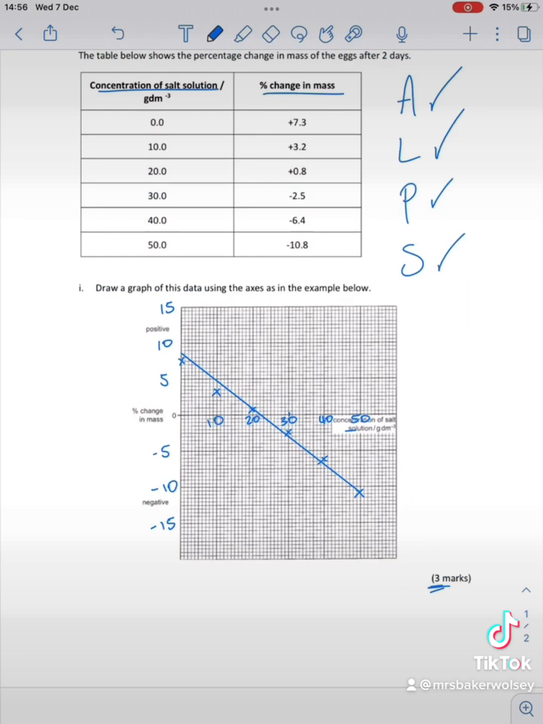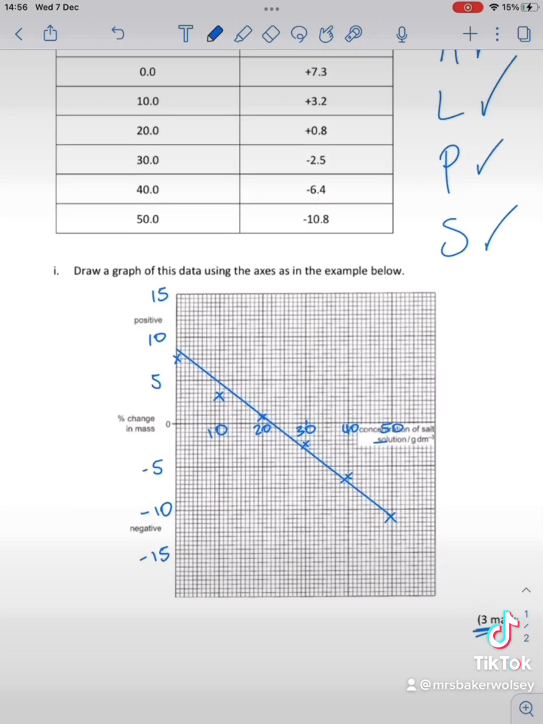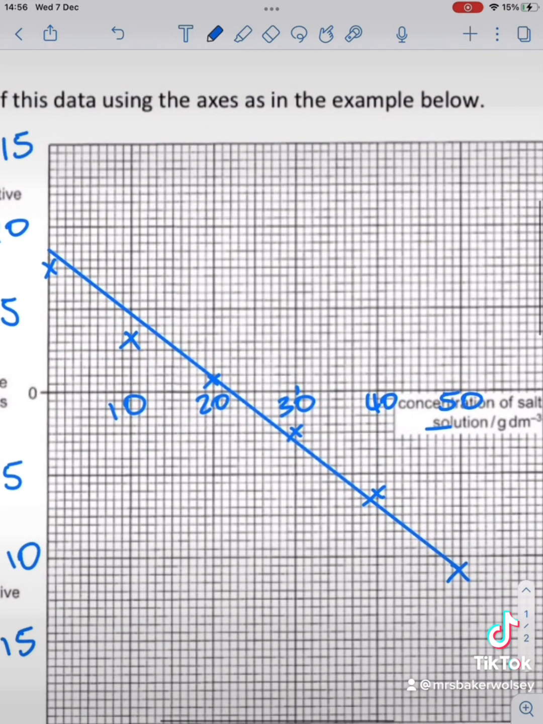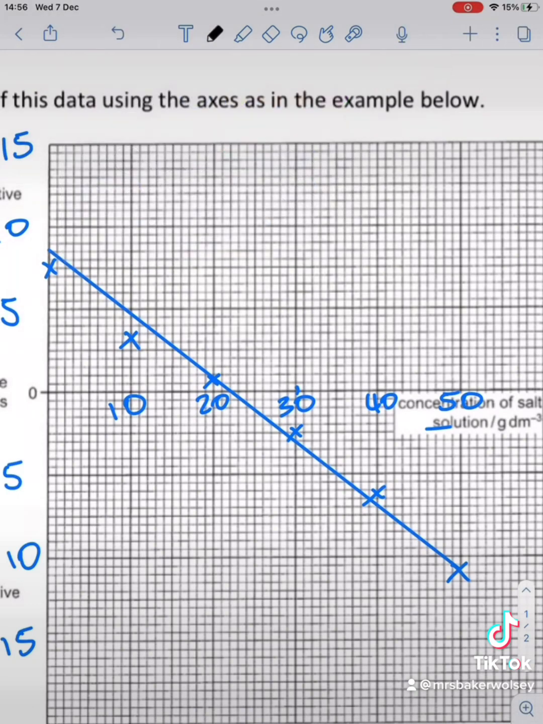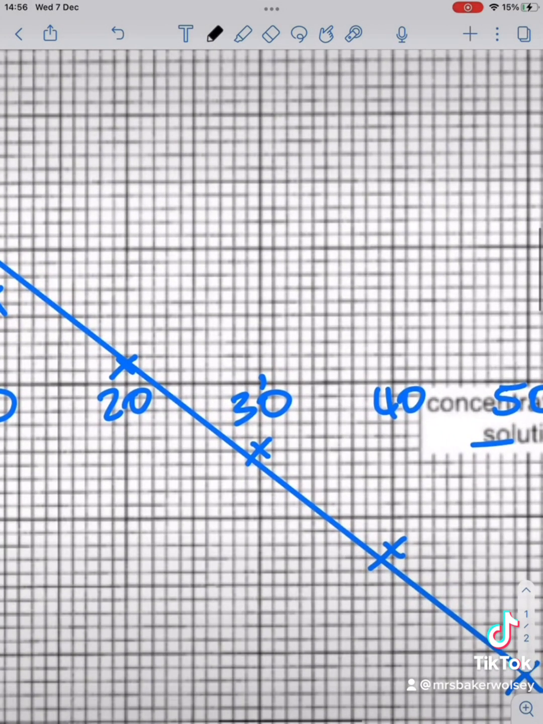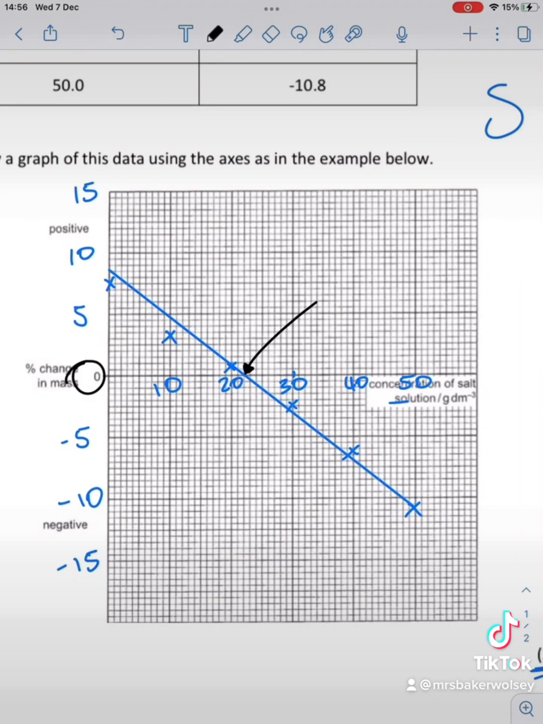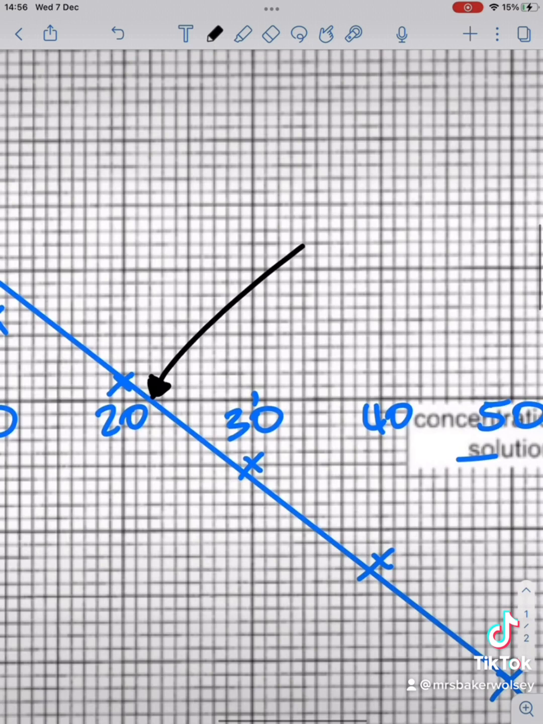Now, the egg has been losing mass at high concentrations and gaining mass at low concentrations, all because water moves down a water potential gradient. So we look for the point where the change in mass is 0. Okay, so that's our point there along the 0 axis, and then in concentration that is 20, 21, 22 gram